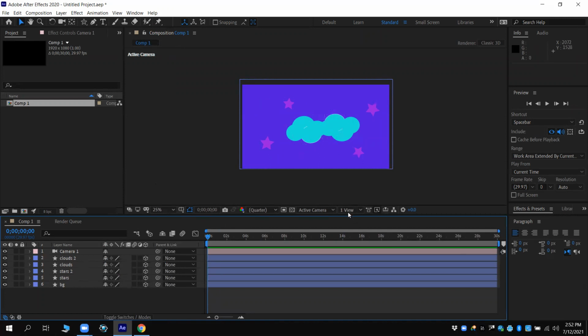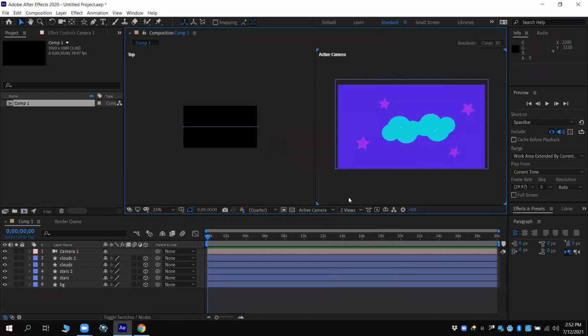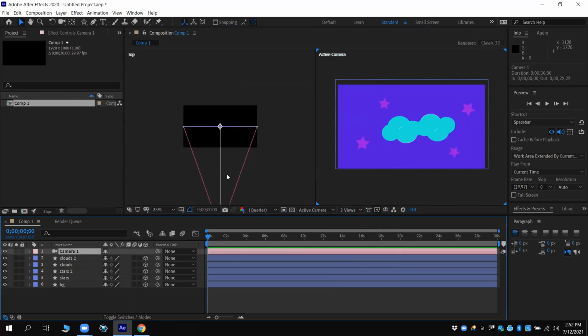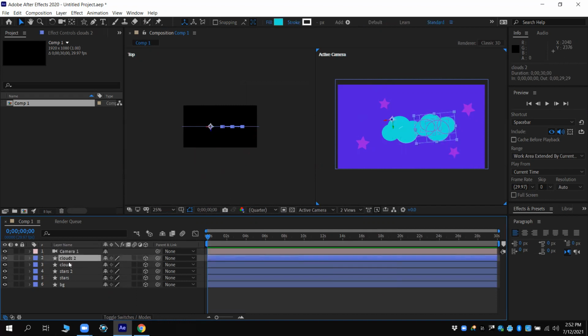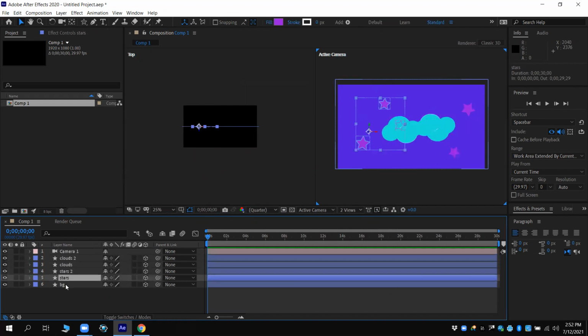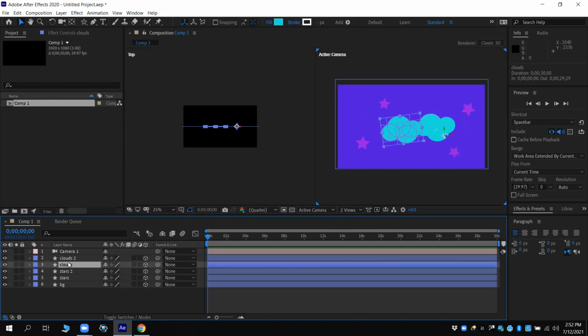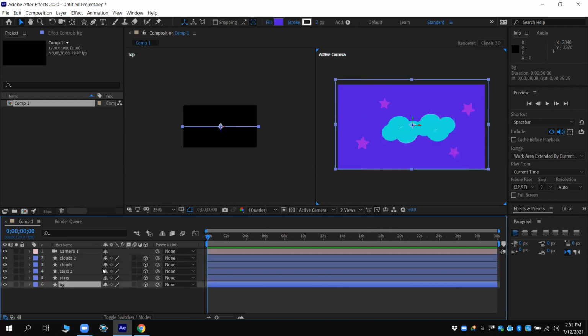In order to see it, I'm going to go to View. There we go. And this actually is my camera here. I select it, I can see it. And what's going on is actually all my imagery, all the stuff I've been drawing is all in the same layer. So to get that parallax movement, all I want to do is go ahead and pull some of these back